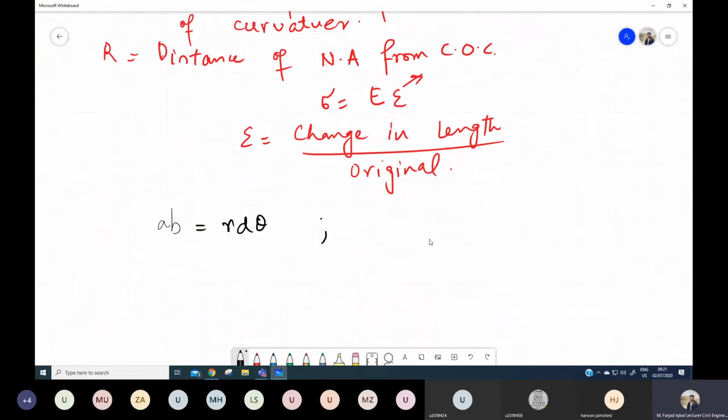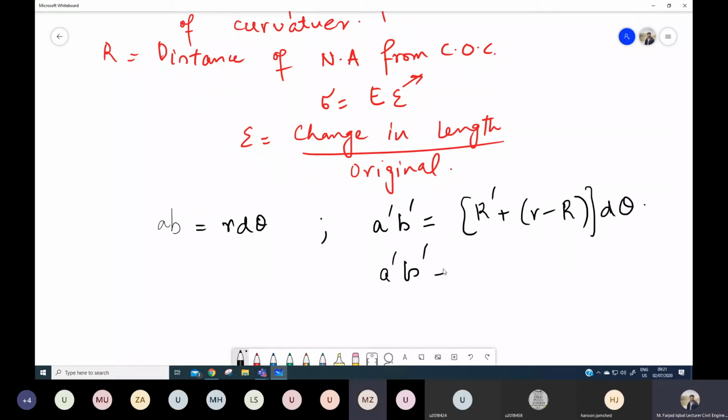So this is the original length and this is the final length, that is R dash plus r minus R into d theta. So if I simplify it a bit, I will get A dash